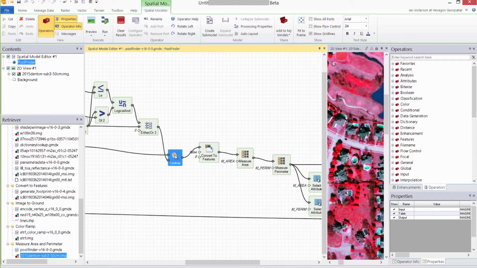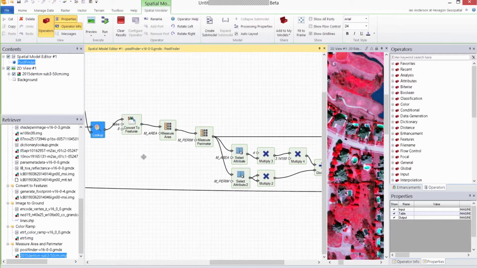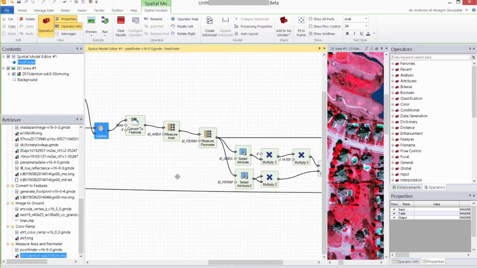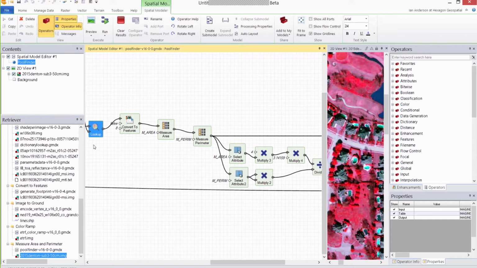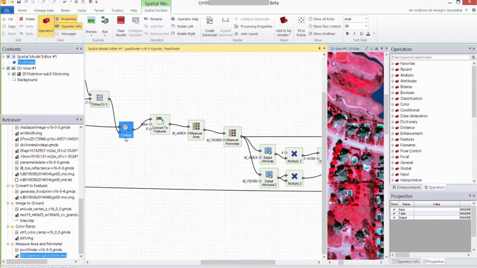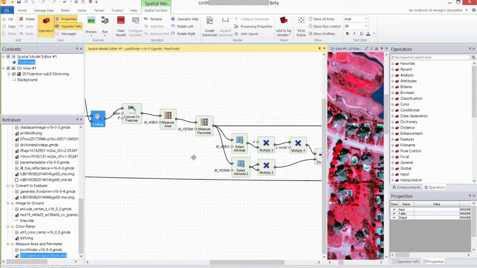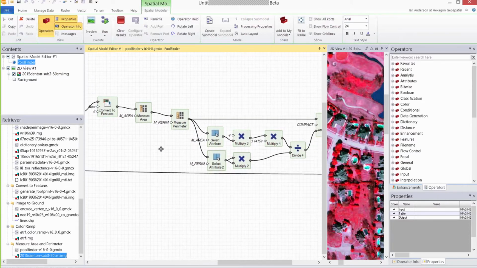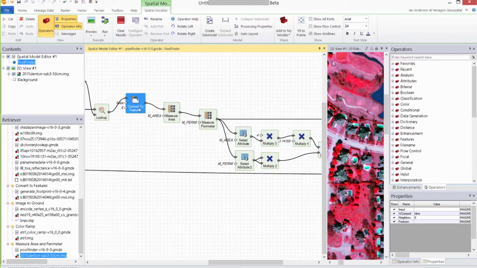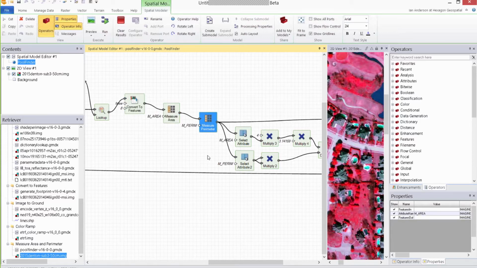So they're basically based on all my raster processing. I identify right here where the pools are, but I don't want a raster output. I want a vector output that I can use for analysis elsewhere. I also want to do a little bit more processing because, despite my best processing efforts, some of these raster clumps aren't swimming pools. They're the right area, but they're like spider shapes because they're actually the shadows on the tops of roofs. So what I do is I use convert to features to convert my raster polygons into vector